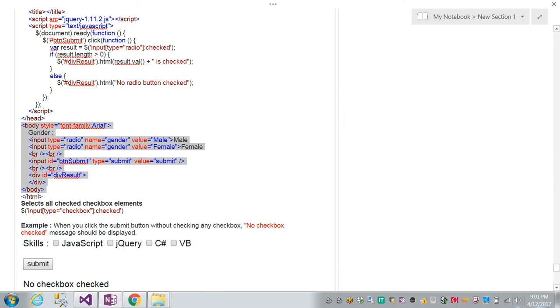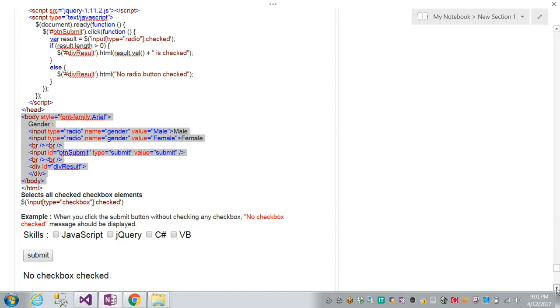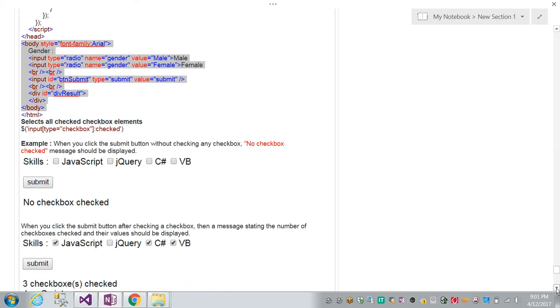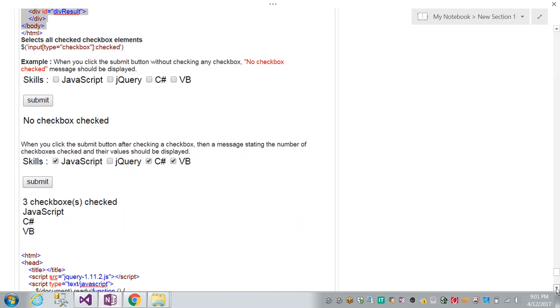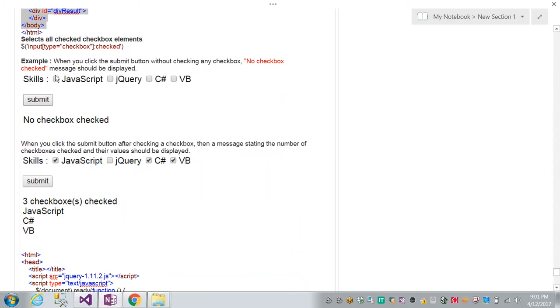I can work with the checkboxes as well. So checkboxes is something like here. This is my page. So if you do not select anything, any skill, then click on submit. No checkboxes checked. Message need to be displayed. If users select any one of the checkboxes, select all the checkboxes, then when I click on submit, we